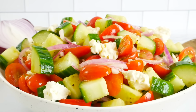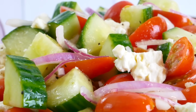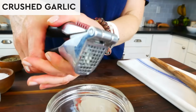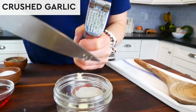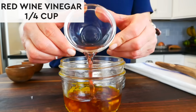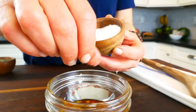This one, just like the green bean salad, is perfect for those of you who are looking for a non-lettuce salad. And yes, you guessed it, we are going to start by making the salad dressing. So I have 1 clove of crushed garlic. Make sure it's a nice big fat clove, otherwise you might want to use 2. 1/4 cup of extra virgin olive oil, 1/4 cup of red wine vinegar, and then a fat pinch of salt